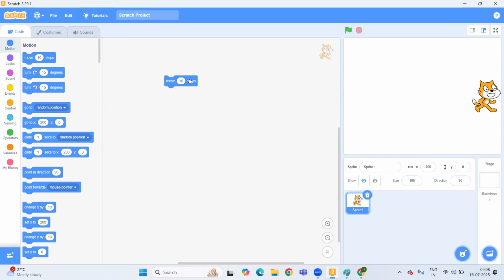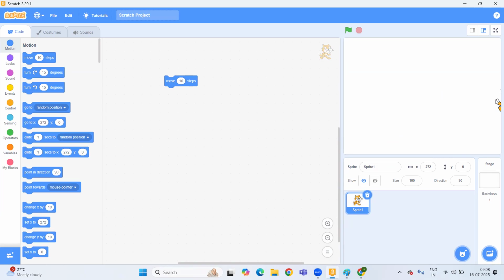But if I run this code again and again, you can see the cat disappeared, right? So what is the role of the if on edge bounce block? This block checks if the sprite touches the edge of the stage.